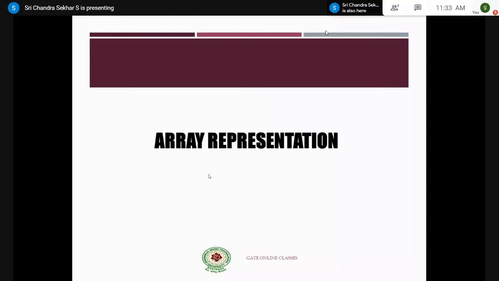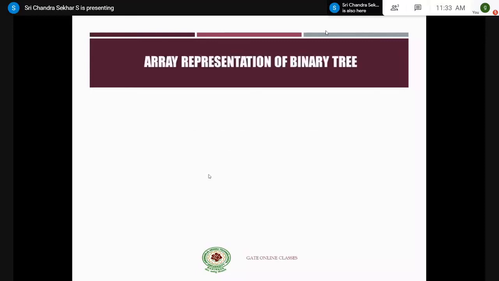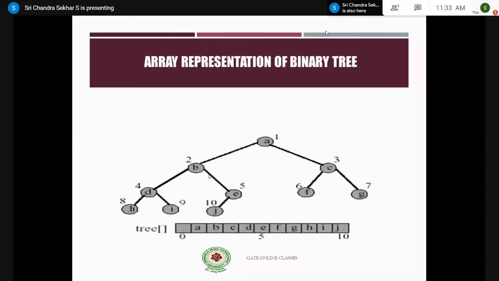Therefore the node number is nothing but the corresponding index number. For example, if you take the root, it has a node number of 1. What is the index you are storing it at? It is nothing but 1. Similarly, if you want the index number of node 3, it's nothing but the node number, which is 3, right? So let me have an example on this. This is how we represent the binary tree using arrays, right?